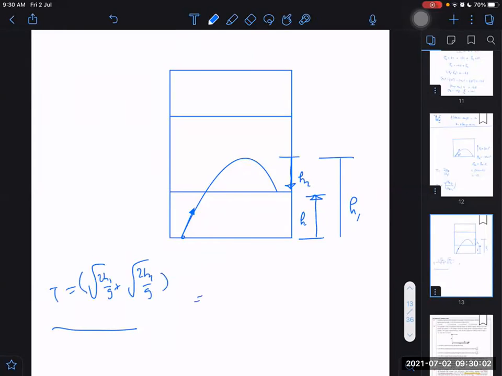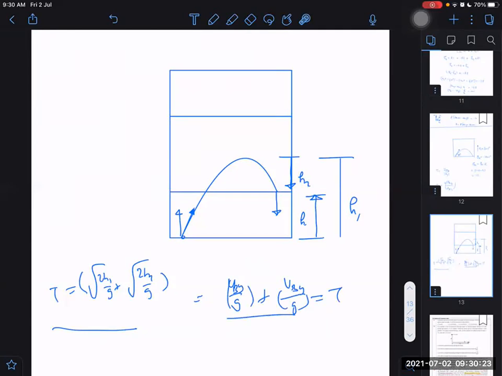Another way of getting the time is I will write uy by g. This is uy here in the ground frame. When I'm not writing ubl, then don't assume it to be ubl. It is uy, not in the ground frame only, or you can say u of ball along y-axis. But then finally it comes here and it has velocity of ball along y-axis divided by g. Adding these two, that is also another way to get time.